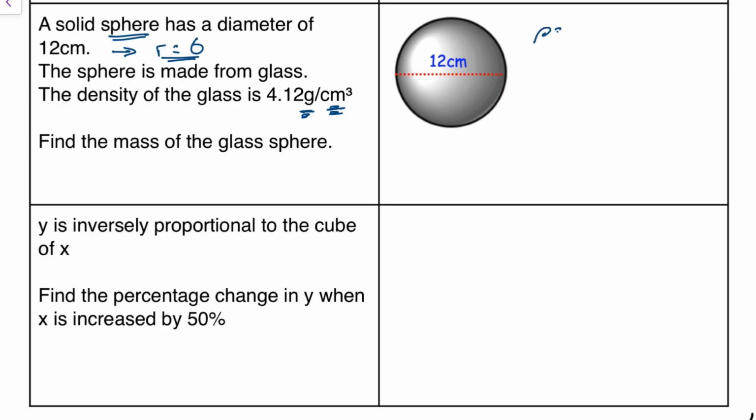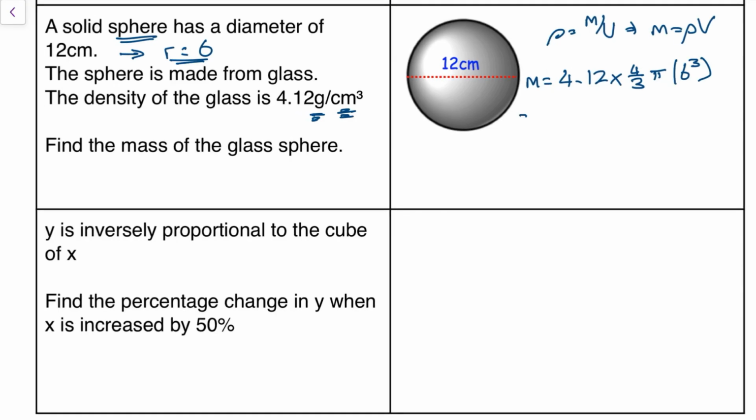Well, let's remember that density equals mass over volume, which means that mass equals density times volume. So actually it's just going to be putting it all together, isn't it? So therefore my mass is going to be 4.12, which is the density in grams per centimetres cubed, times the formula for the volume of a sphere, which is 4/3 times pi times r cubed, which is 216, or 6 cubed. Get my calculator out, which I'm going to do right now. And that's going to give me